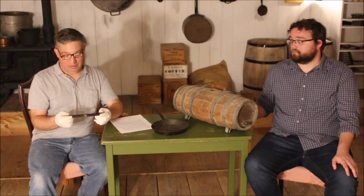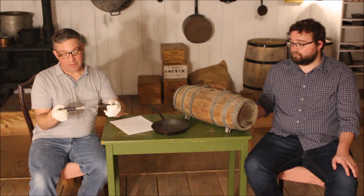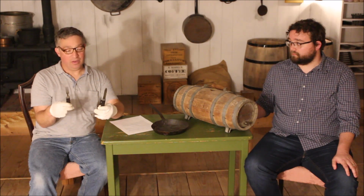Today we brought out 3 artifacts that we would have found at the berth deck. First thing we have is about 8 inches wide. It's made of wood, steel, and held together with brass rivets. And if you pull it apart, you can see, and it reveals exactly what it is. And what you have is a combination fork and knife. And this is the typical kind of eating utensil that you would have found on the ship where the enlisted